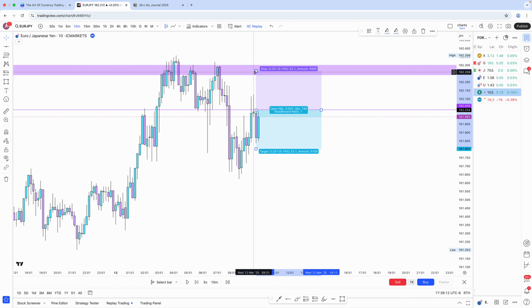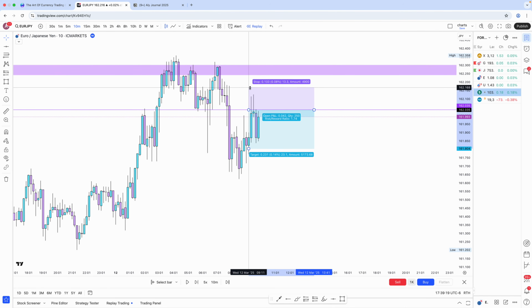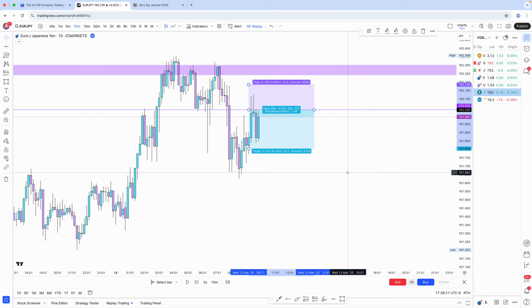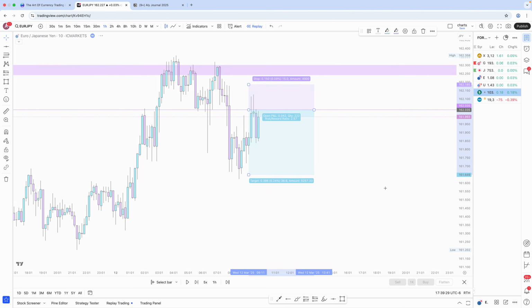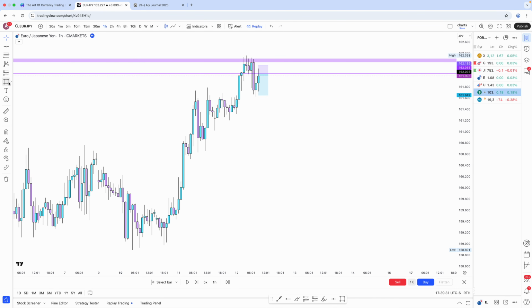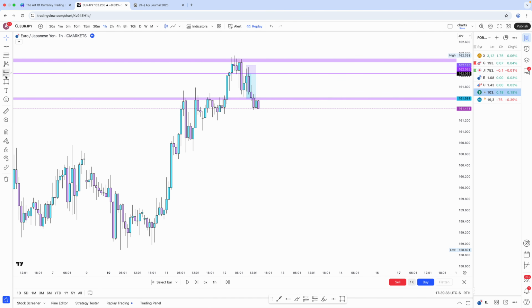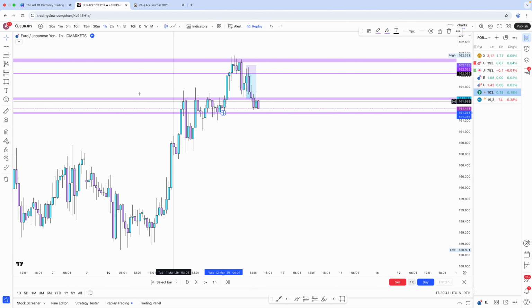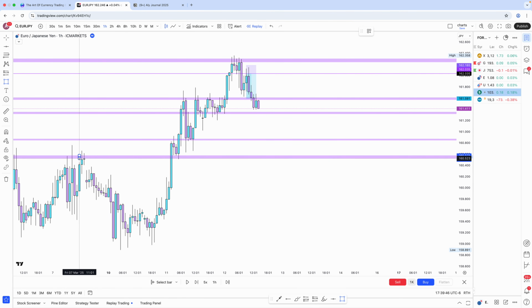You put your stop loss above. Again, not too close, because if you were to enter a little bit too early, if you had it too close, you'd get stopped out. So I do between 15 to 30 pips, depending on what time I'm entering at and what structure. And then basically you set your entry, you go back up to the 1 hour, and then basically you follow through structure. So this is an imbalance that has to fill. So it fills, and then we have multiple areas that we need to break. Eventually this imbalance will fill.